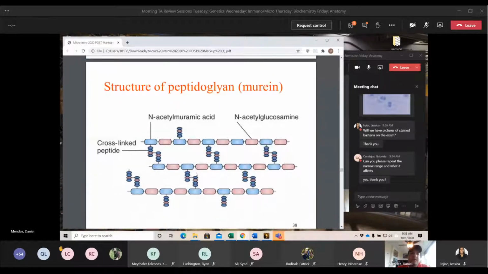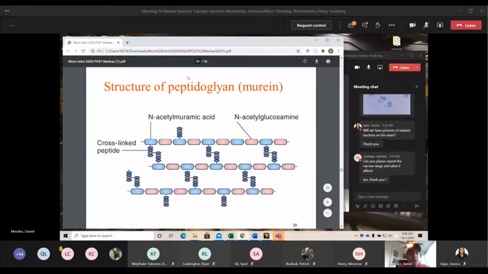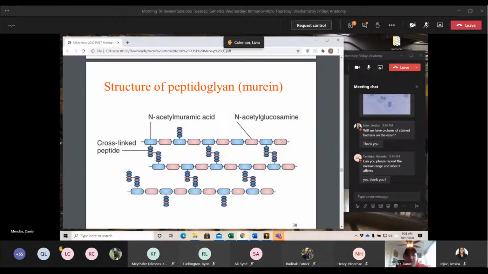So here we can see, once again, the structure of our peptidoglycan. What's actually going to occur is when we are doing cross-linking. When the bacteria is creating this cell wall, it has this long chain of NAM and NAG, and it's going to connect this chain to this chain through NAM-NAM interaction. And that's done by a protein called peptidoglycan binding protein, PBP. What that protein does is create this little cross-link right here that I've got the mouse on. That little cross-link right there is created by that peptidoglycan binding protein.